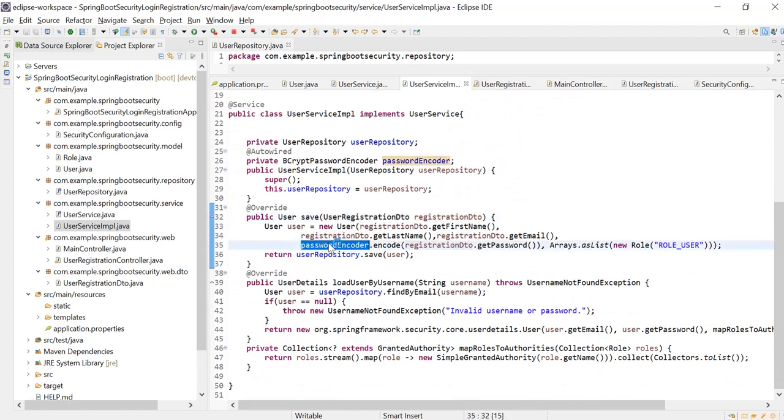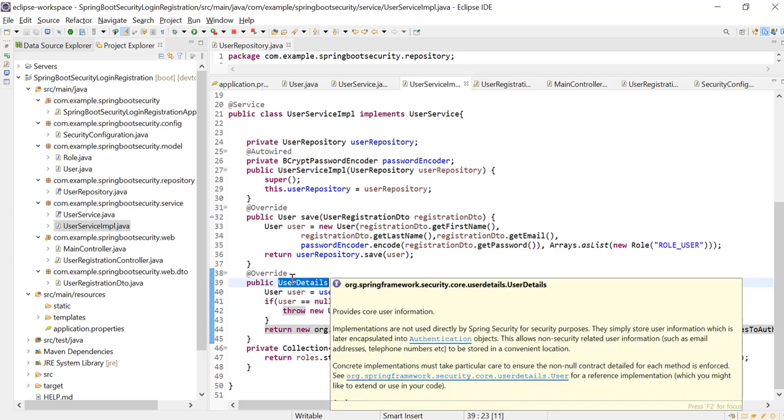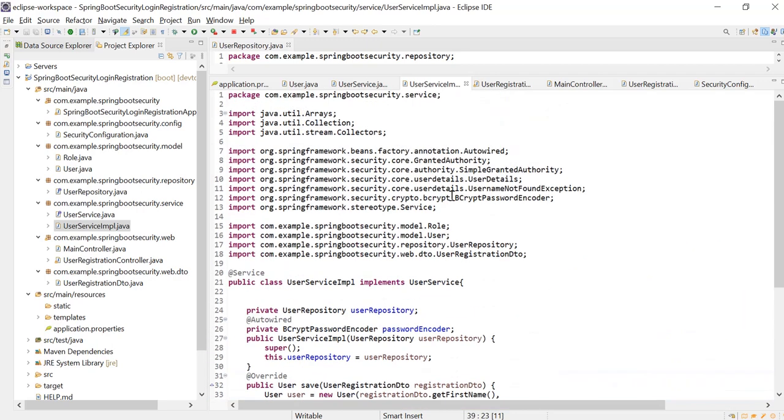Here with the password encoder, I'm going to save this method I have defined in the DTO. I'm going to encode this password here. For the user details, we have to use a GrantedAuthority. This GrantedAuthority represents an authority granted to an Authentication object.